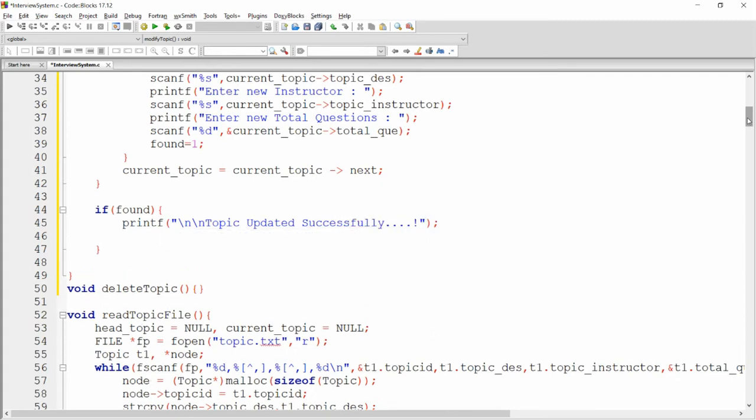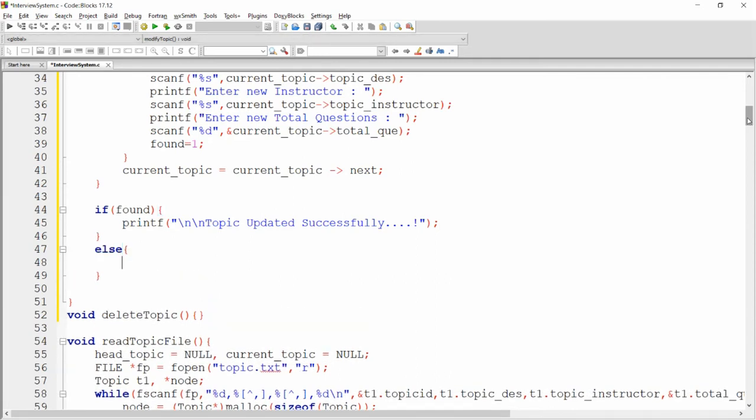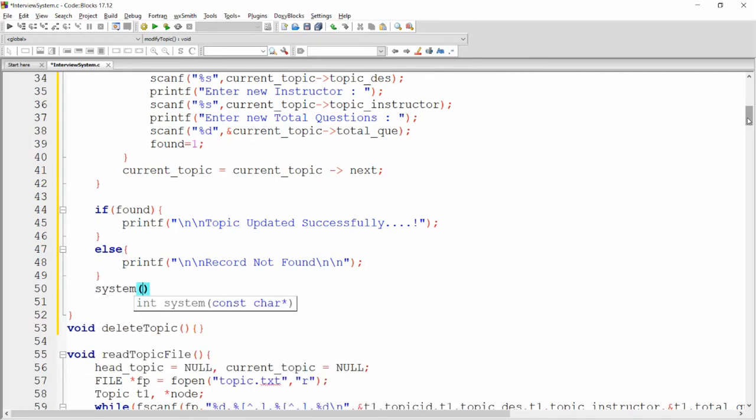And if it is not matched, then we can write else printf record not found. And at last you can simply write system, and here you can write pause. So it will wait for the user to press any key to continue. Now you can simply build and run your code.